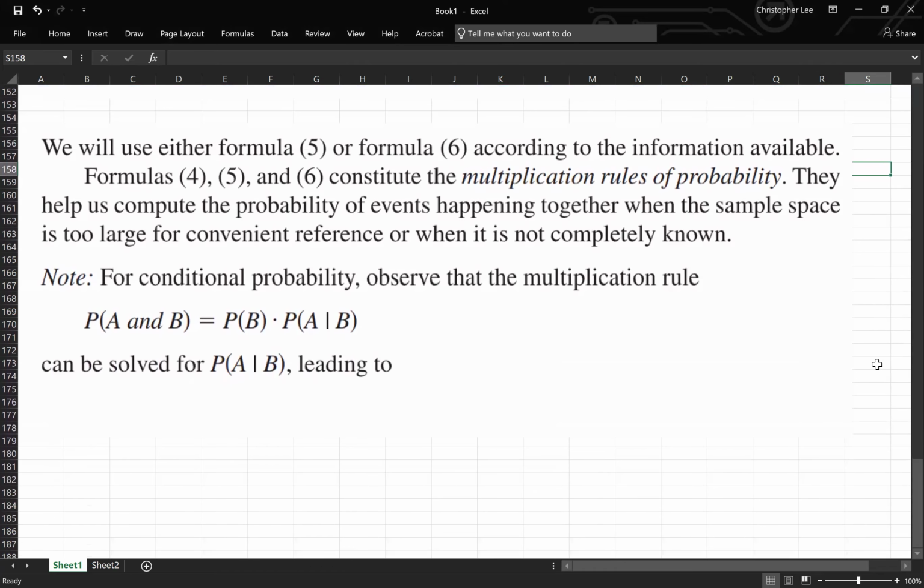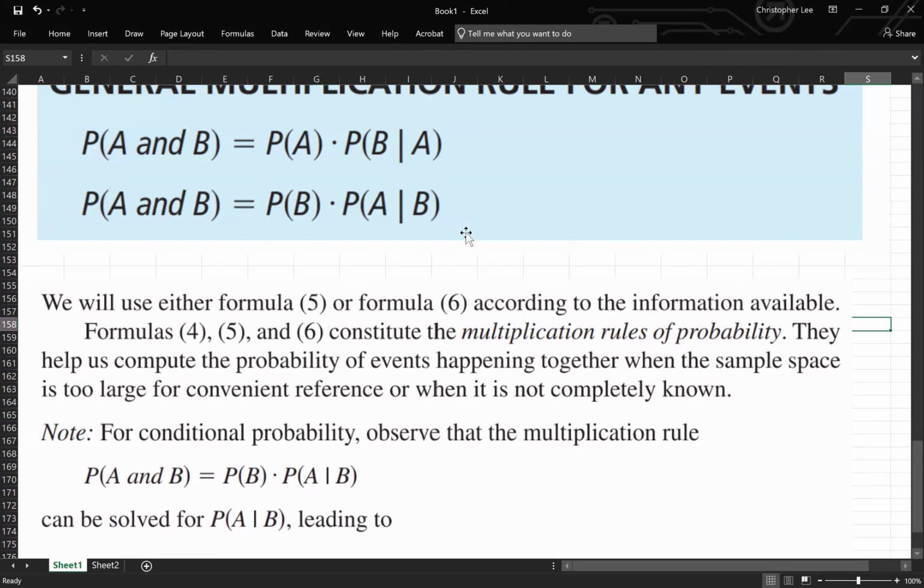So we will use either formula 5 or 6. This is 5 and this is 6. Formulas 4, 5, and 6 constitute the multiplication rules of probability. They help us compute the probability of events happening together when the sample space is too large for convenient reference or when it is not completely known. Note, for conditional probability, observe that the multiplication rule, probability of A and B is equal to probability of B times probability of A given B, can be solved for the probability of A given B, leading us to